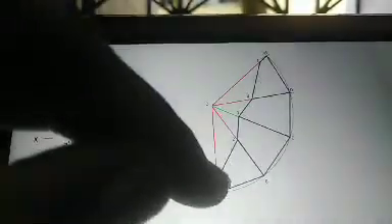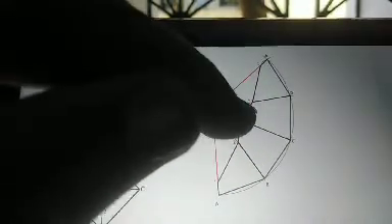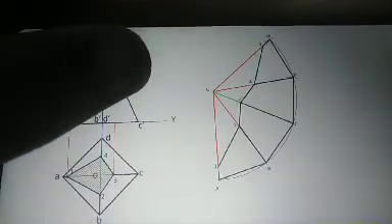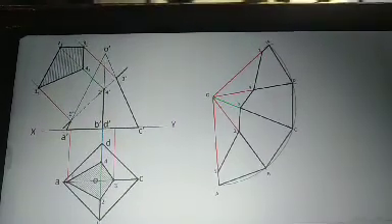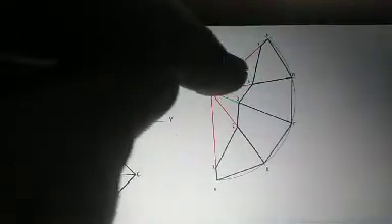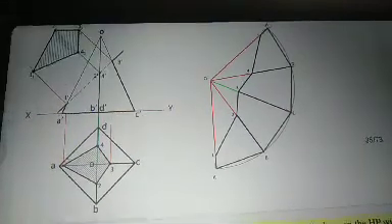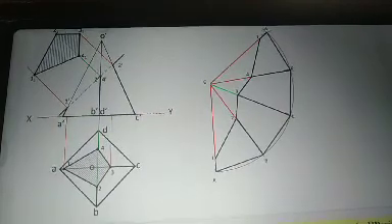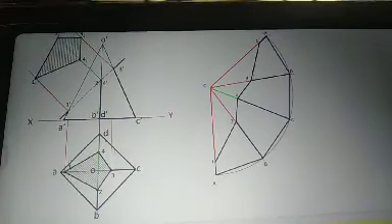Now after this, draw the straight lines for connecting 1 to 2, 2 to 3, 3 to 4, 4 to 1. By straight line you will connect all these points. Now draw the 1, 2, 3, 4, 1, A, D, C, B, A, 1, this total area with the dark black line or dark black color, since it is the cut section of the development of the pyramid.